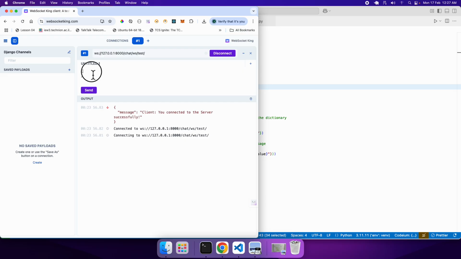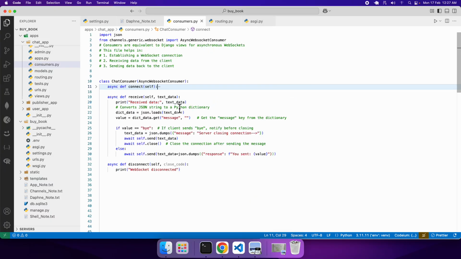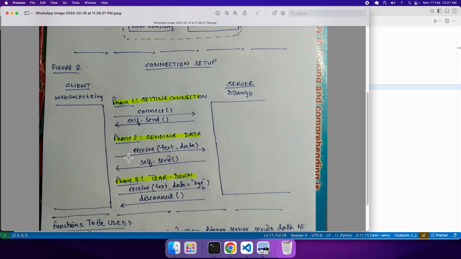So we have to forward the data in JSON. I have to write some key over here, and then some value over here. So in this key-value format I will be sending the data, right? For that reason, I have to write one key. What I'm doing here is, the incoming data is in the form of JSON. To be more specific, this data sent by the client to the server is in the form of